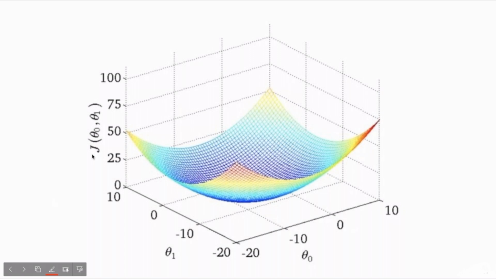So here is a graph, and here let's say we have a value. This value will have a vertical component, maybe like this, and a horizontal component maybe like this, and a z component maybe like this.